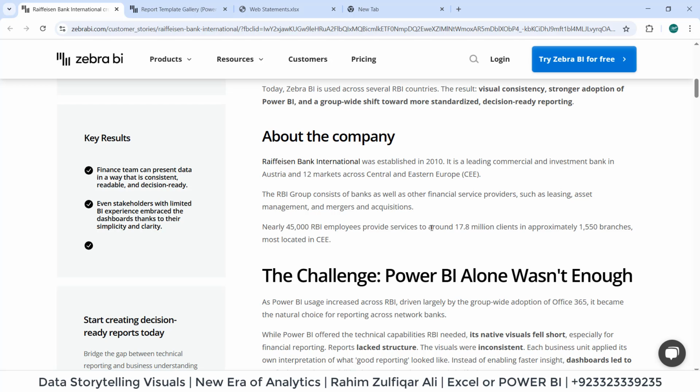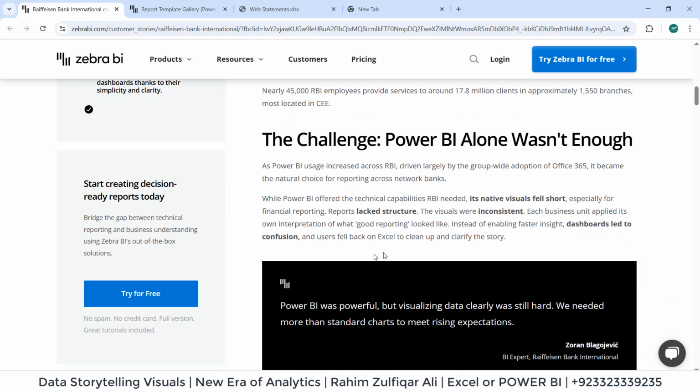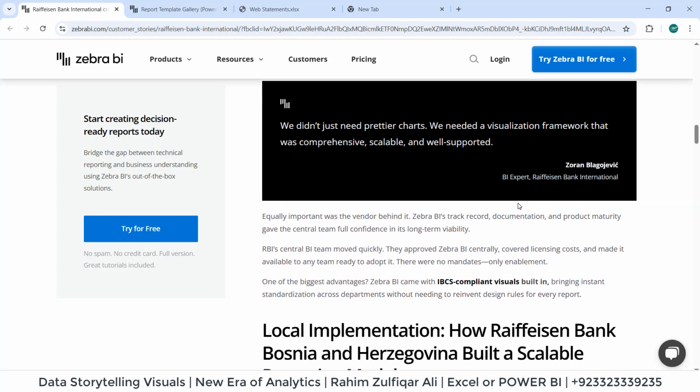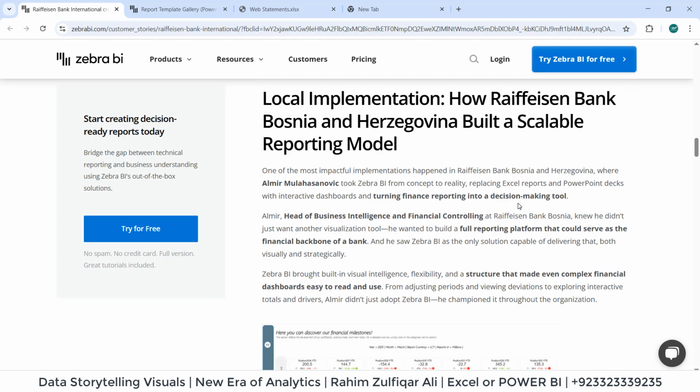So this company, it says that nearly 45,000 RBI employees provide services to around 17.8 million clients in approximately 1,550 branches. So you can imagine that this is a big company, and the challenge for Power BI was not enough. They started with a problem statement, and then they described all the relevant points regarding data strategy,